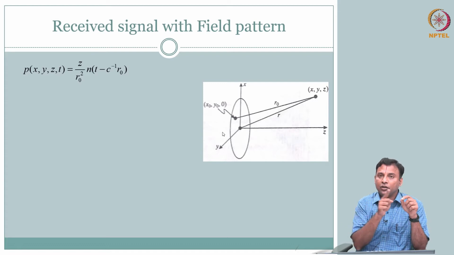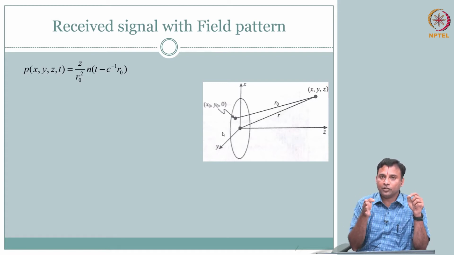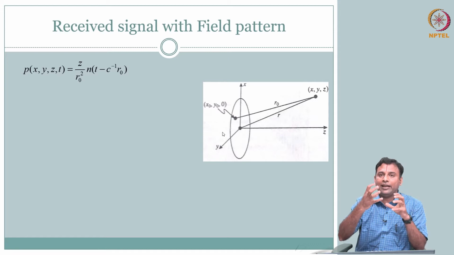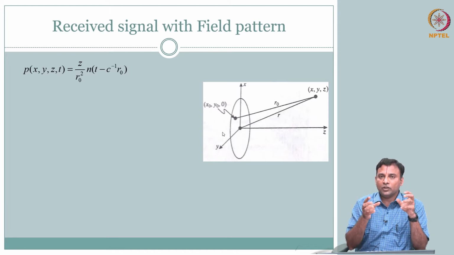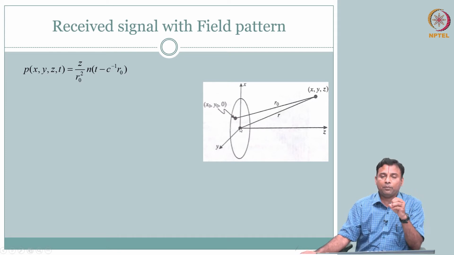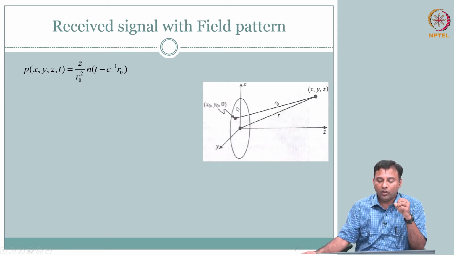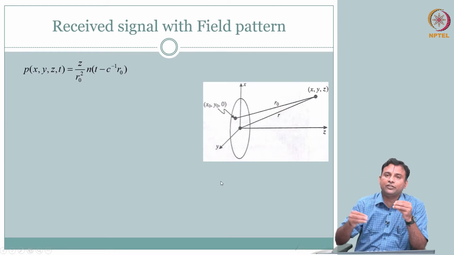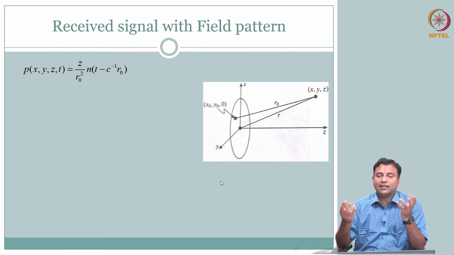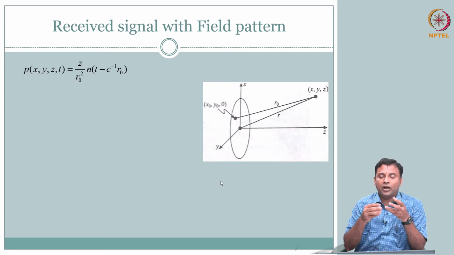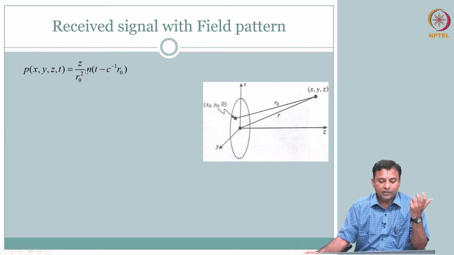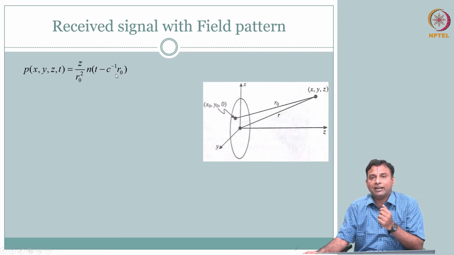So, in that sense, you are trying to move it back and forth. So, it is not opening up in all the directions. So, it is not a spherical wave for that reason, even though if you take the center point, you could pretend this disc or this area is composed of a collection of several points. Area is nothing but a collection of points. So, you have multiple points, each point is going to send out a wave which is n of t minus c inverse r, that is your wave that is travelling.